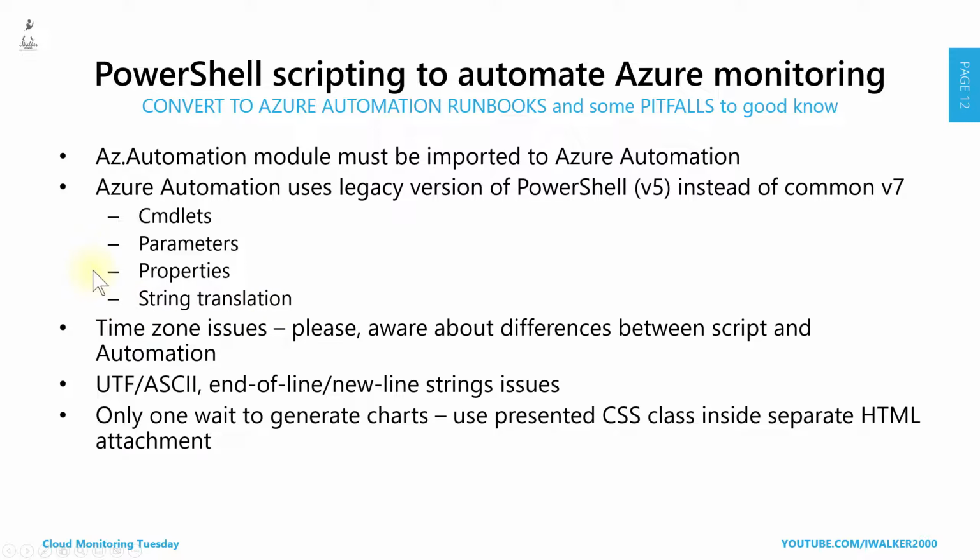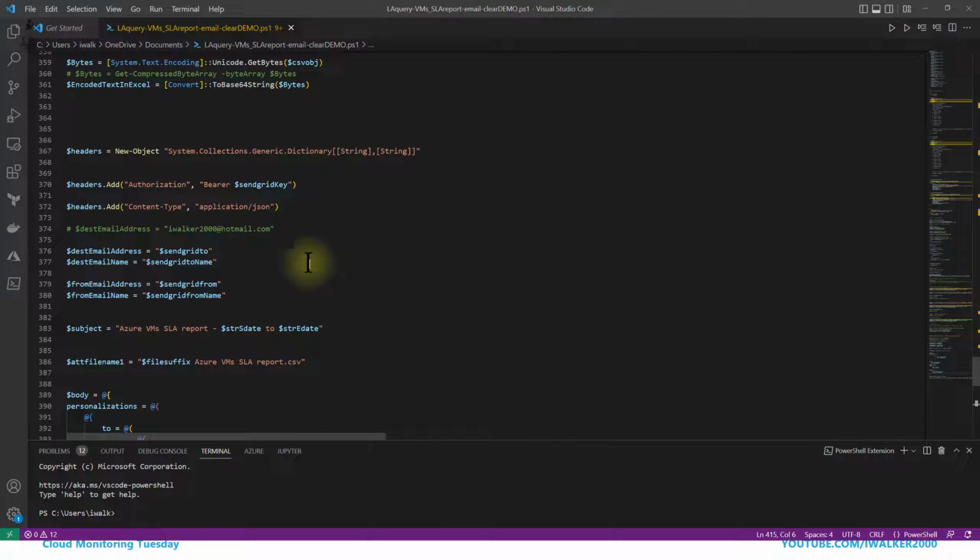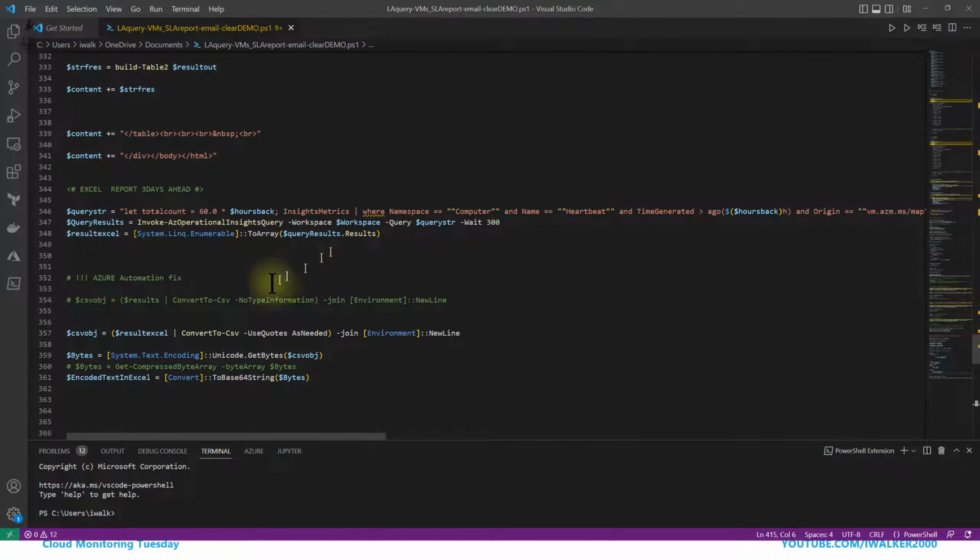If you look at my code here, you see a special Azure Automation fix instead of version 7, and